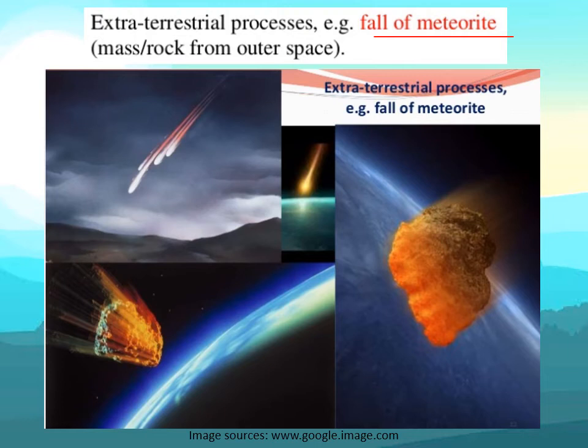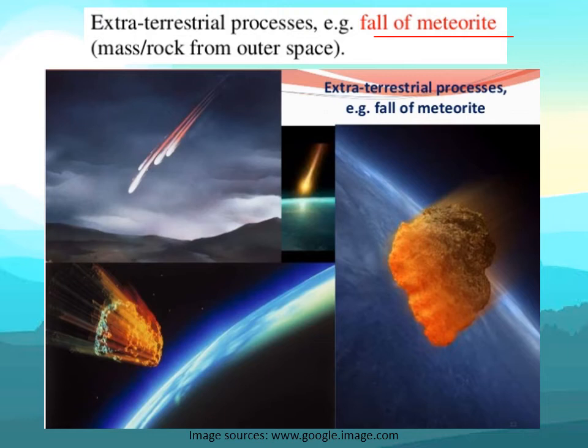Now these kinds of impact marks of extraterrestrial celestial bodies do not originate inside the Earth, or on the surface of the Earth, but the factor which is responsible for the formation of those meteorite impact craters is coming from outside the Earth. That is why this is known as extraterrestrial processes.